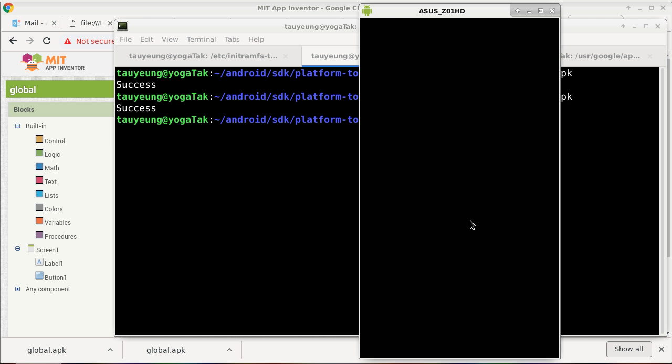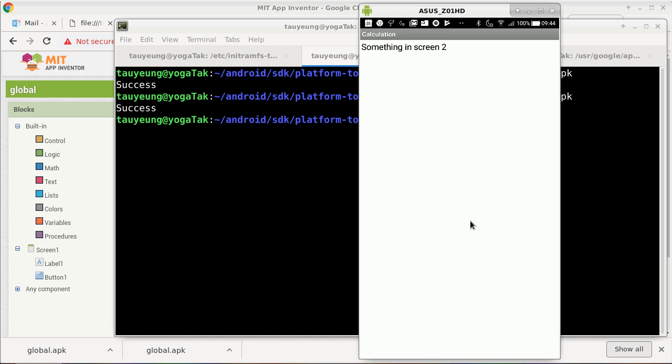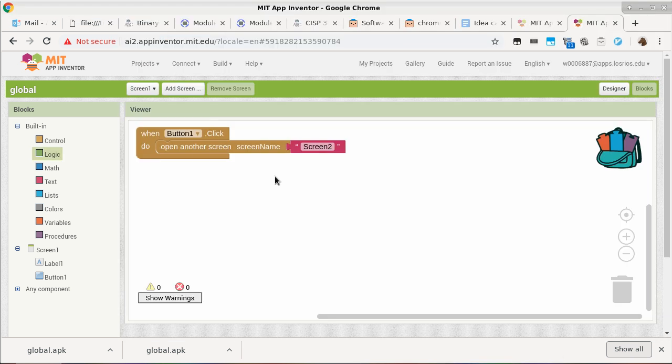All right, so are we good so far? Now, what if I want to change the behavior of the program? What if I want screen 1 to collect 2 numbers, and I want screen 2 to do the calculation, and then switch back to screen 1 to display the result? In other words, I'm making something that's totally over-convoluted for what I'm trying to do. But I want to illustrate it so that we can see how to pass information from one screen to another. And when that screen is done, how do we pass something back to the first screen? Is that okay?